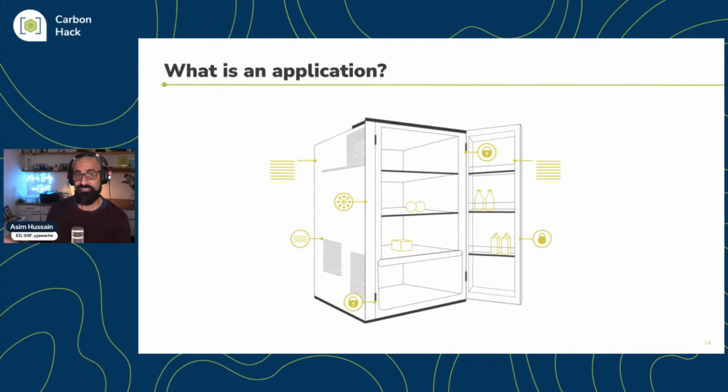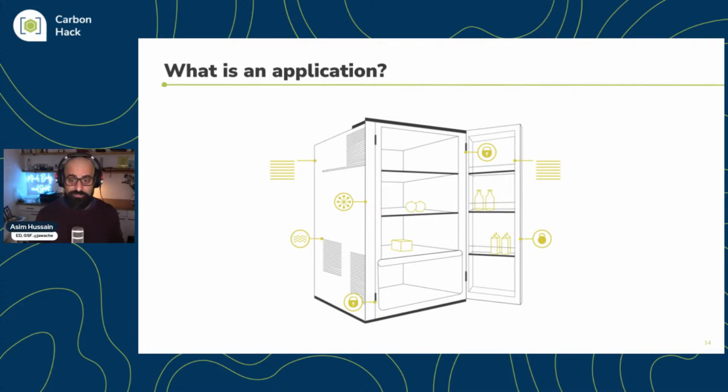So you can say, well, I think I'm missing a door here. You can take the door off and weigh it, and you can take apart all of its components and figure out how much emissions was caused by that door. You can move your hand in space, and at some point it reaches the fridge and won't move any further. So that's where the edges and boundary of a fridge are.